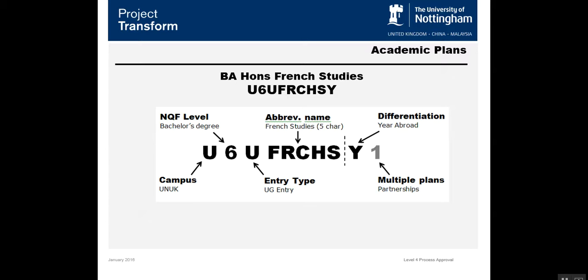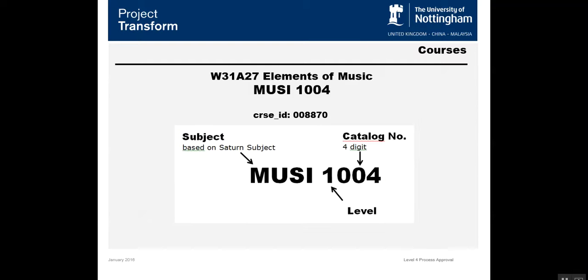Okay, so that's plan code. And now this is module code. In Saturn, we have a 6-character code, I think, where the third character is the level of the module, and then the others can determine ownership and other information. Now in Campus, we have a very different structure. There are 2 fields